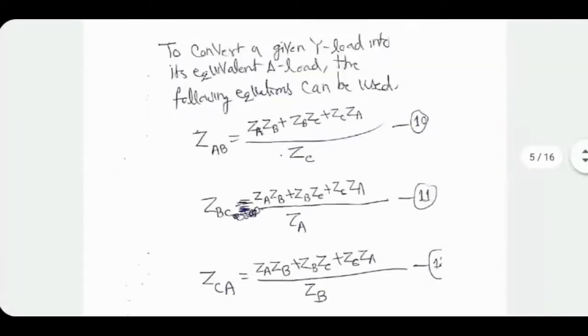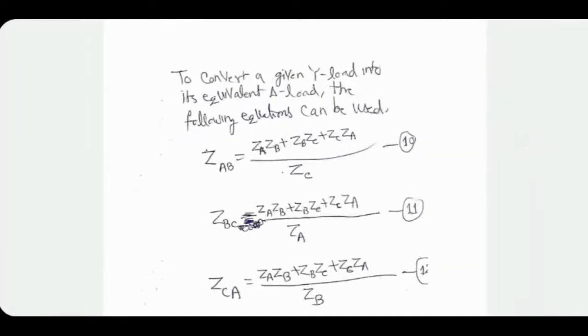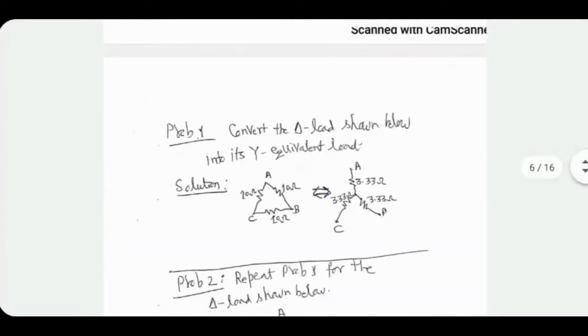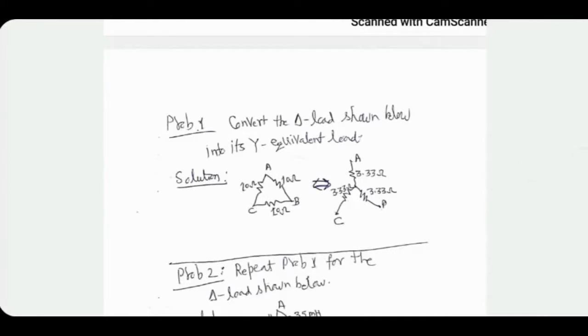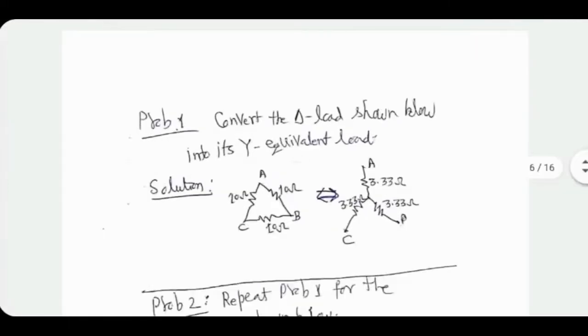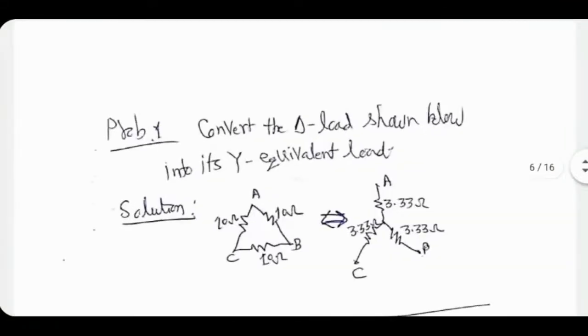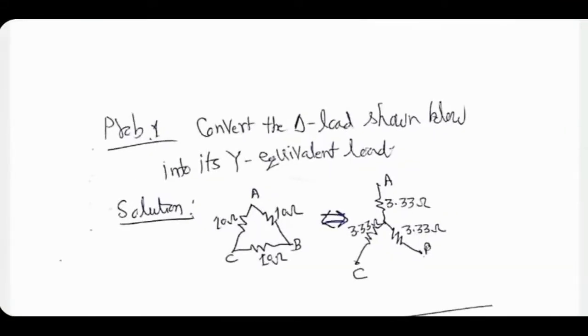It is good to know that these formulas can be derived using basic circuit theory, but more interesting thing is how to apply them without making mistakes. Look at this problem carefully. It's a very straightforward case. Balanced load. The three resistors in the delta load are equal, and they are equal to 10 ohm. The Y equivalent load,